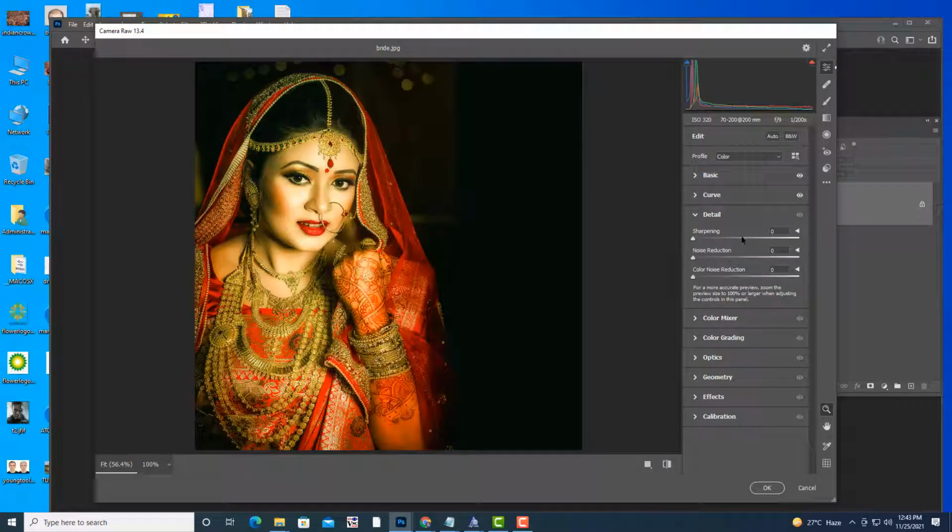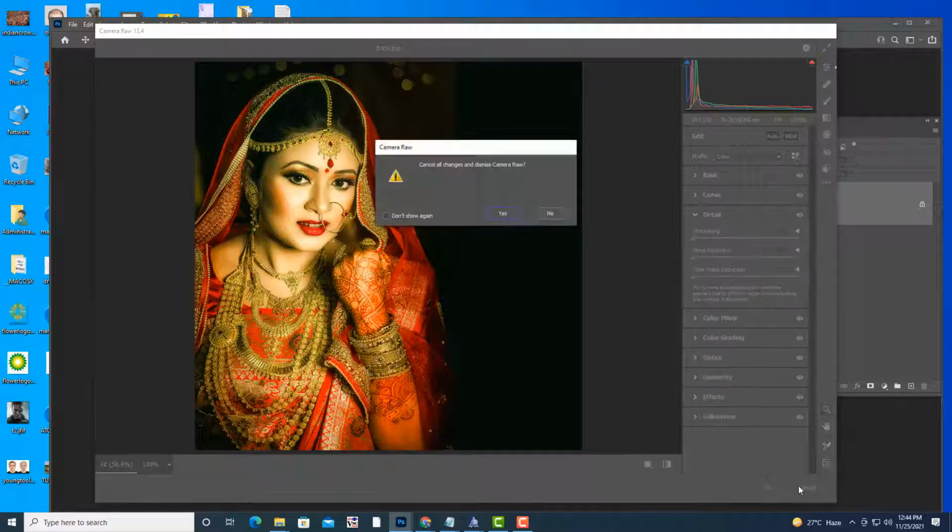Here, this is the interesting option. A lot of photographers use this option. Especially if you have taken photos with a Canon camera or Nikon, sorry, the first problem we are going to get is noise. To reduce that noise, we will come to the details section and reduce the noise. I will show you with a practical example.